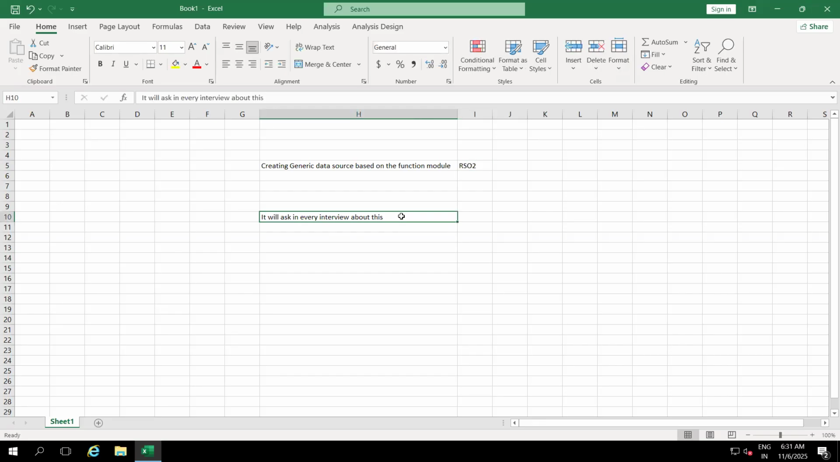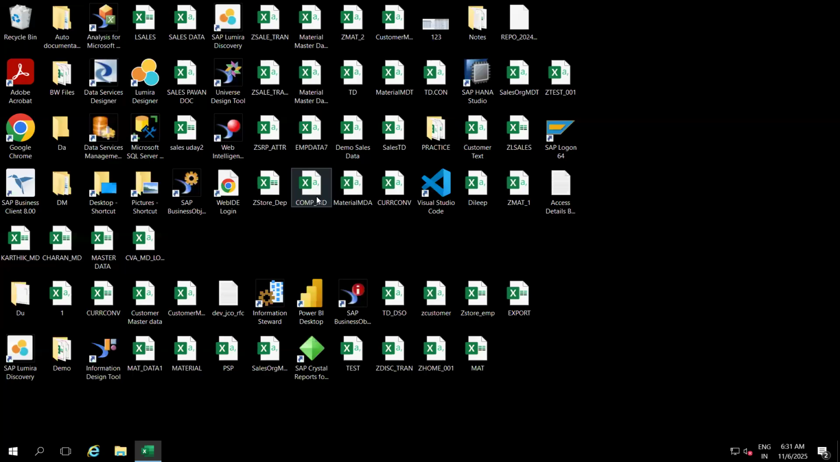So this is very important. I think it will be asked in every interview, this question. How have you been involved in the creation of a generic data source based on a function module? Remember one thing: while you are going to create a generic data source,